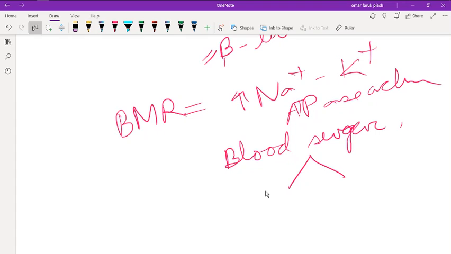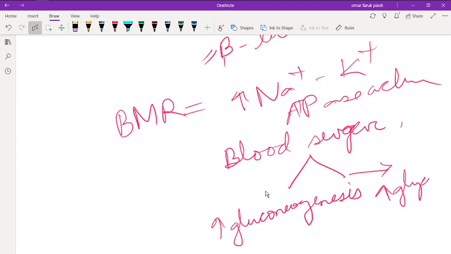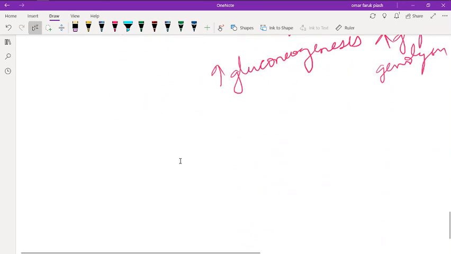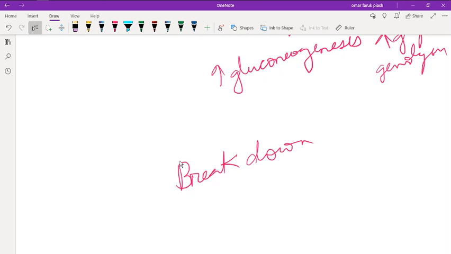By increasing gluconeogenesis and increasing glycogenolysis. And the last function is it breaks down lipids. So there are 6 Bs. If you remember this 6B, it will be easy to remember the functions of the thyroid hormone as well as the